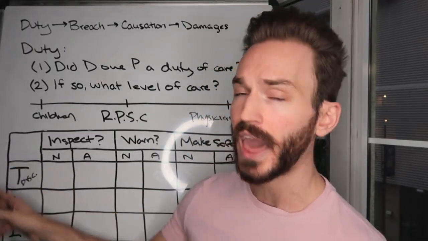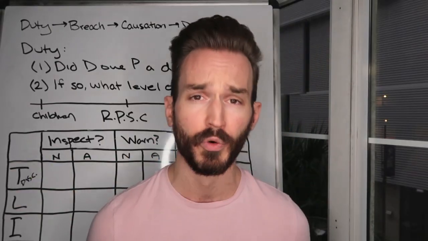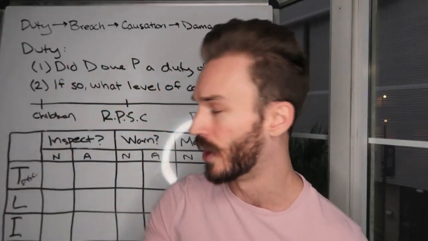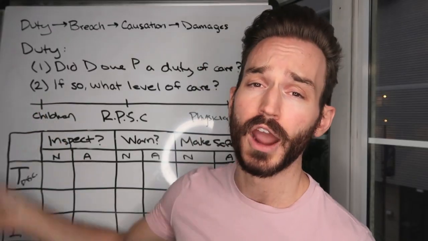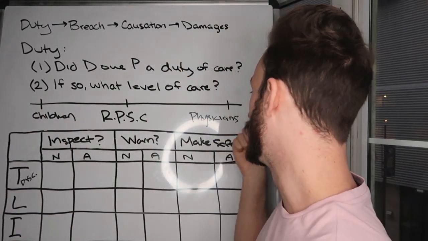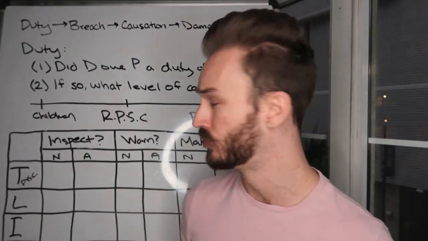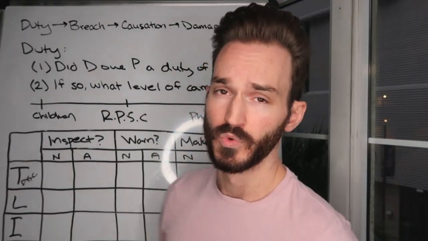And the duty of care goes up for each one of these. I'll draw it out on this chart for you, but just as a note in your head, you're going to owe the lowest standard of care to trespassers, the highest standard of care to invitees, patrons at your store, and a middle standard of care to licensees,